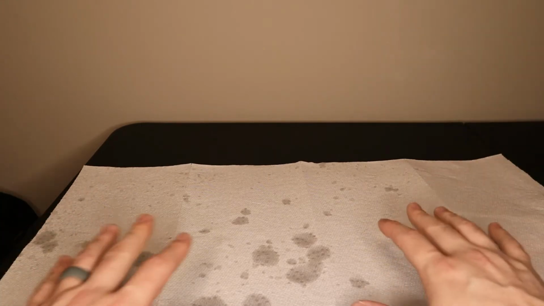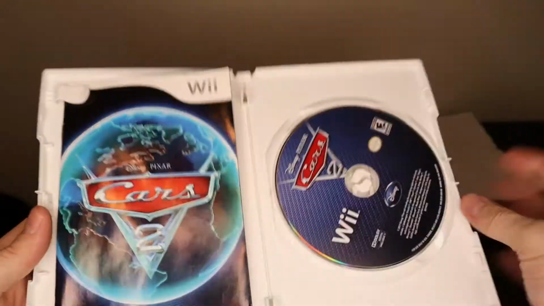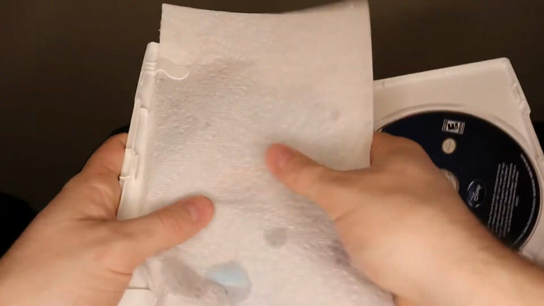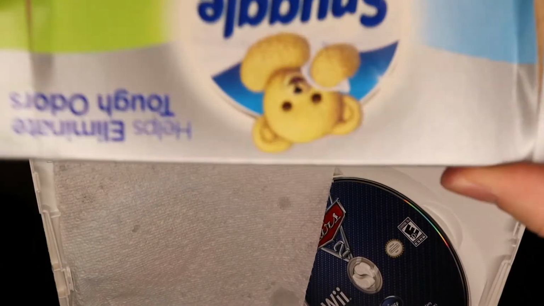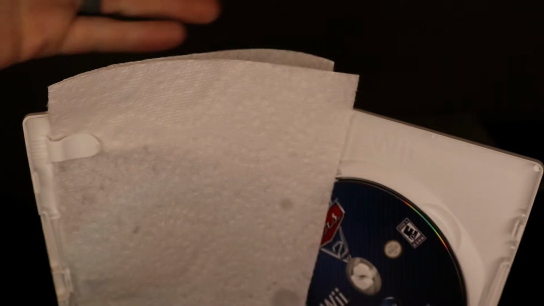Once these are dry, you're going to take a couple of these sheets, and what I ended up doing here is obviously the manual. You'll want to lay the manual inside of this, and then lay that back inside of the case, just like this. After you get done doing that, you're going to take your Febreze odor eliminating dryer sheets,